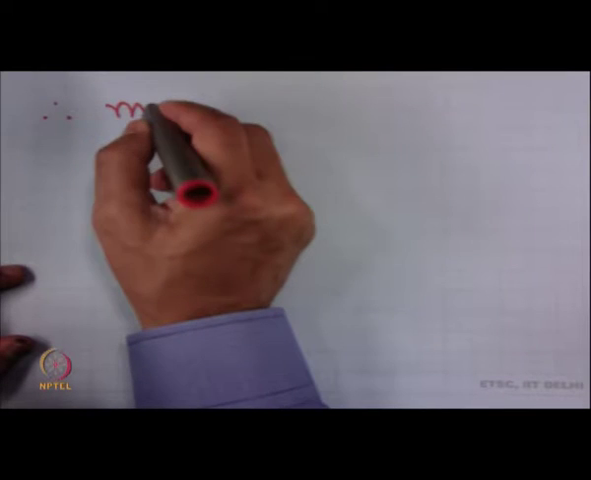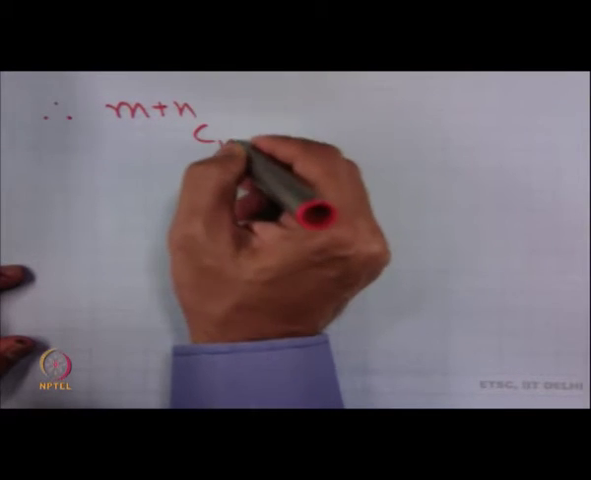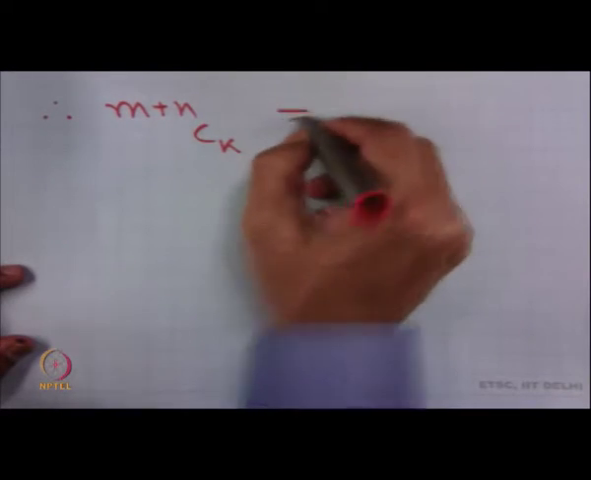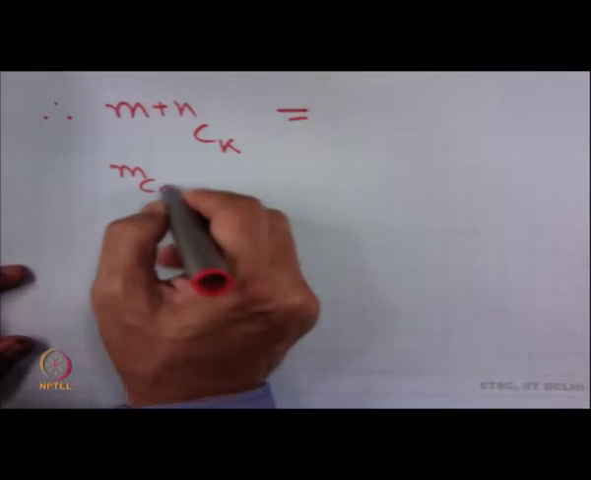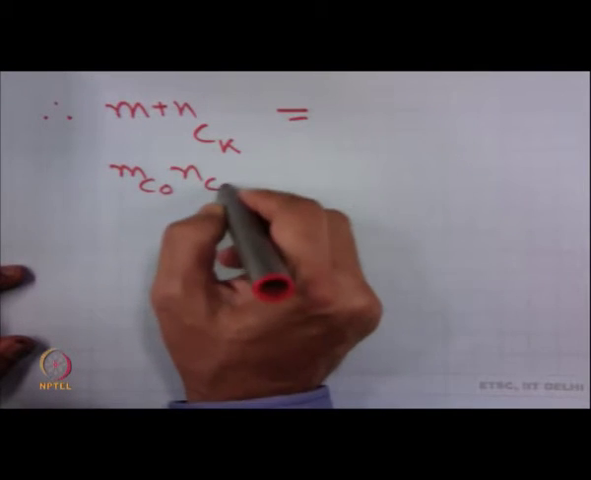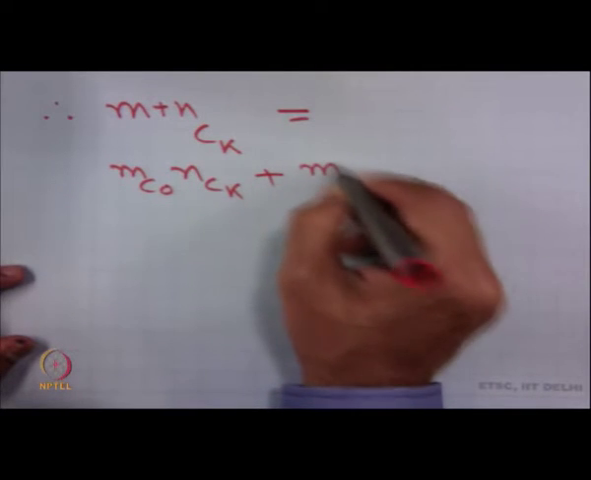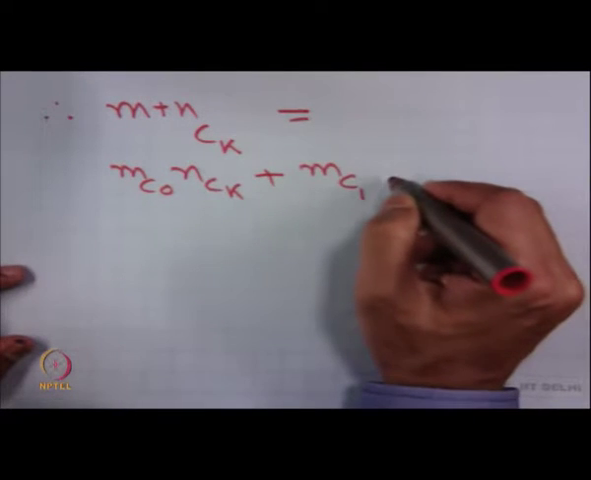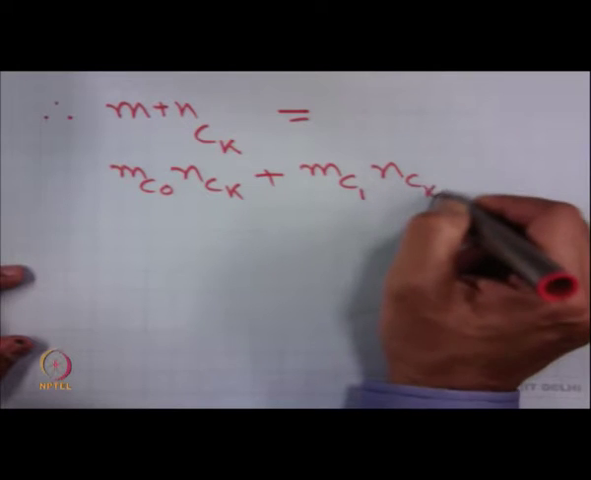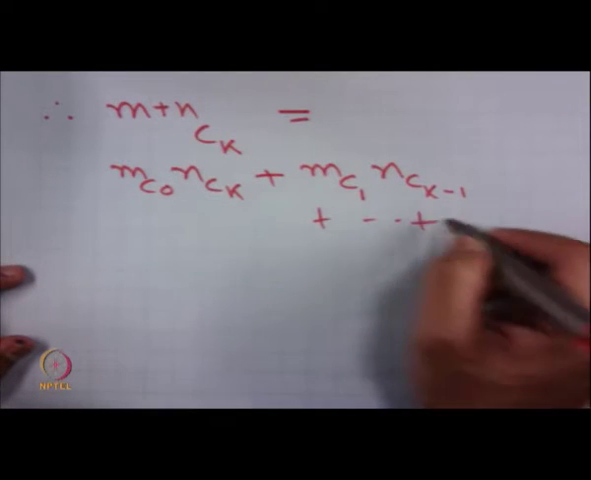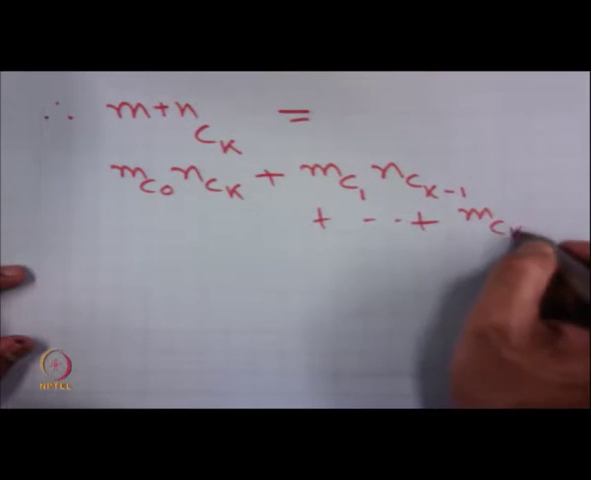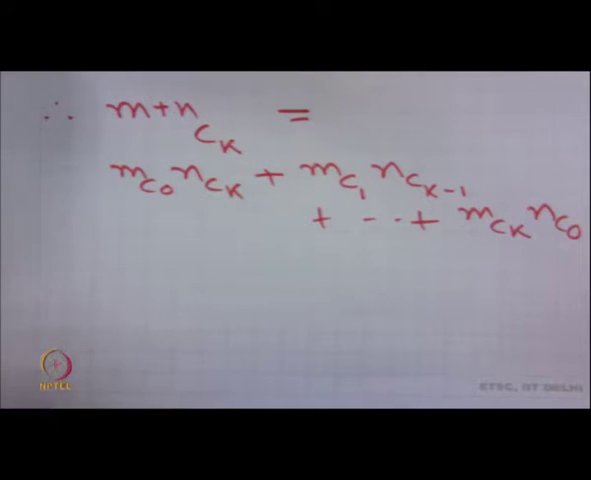Therefore, (m plus n)Ck is equal to mC0 into nCk plus mC1 into nC(k-1) plus up to mCk into nC0. Therefore, the final probability